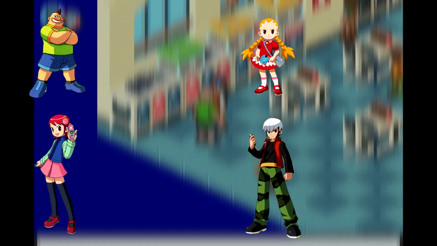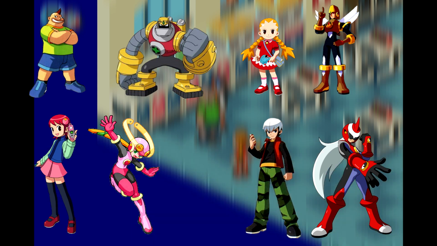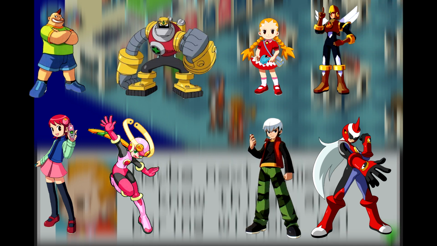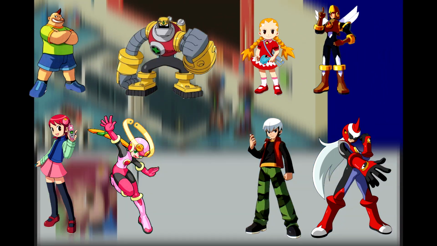And that's fine, though each character's Navis are pretty much identical copies of their human counterpart. The series keeps talking about how Navis are everyone's identical counterpart. Gutsman, Glide, Roll, and Protoman, for that kind of example. They're all exactly the same,